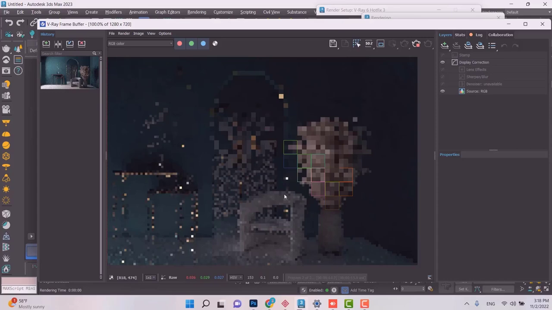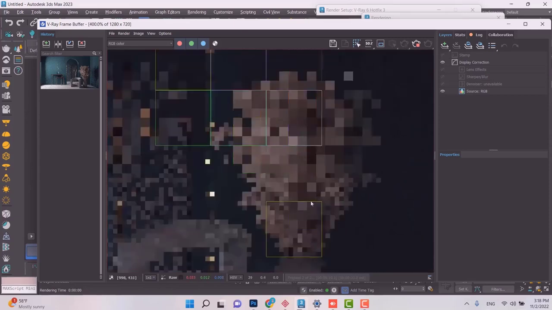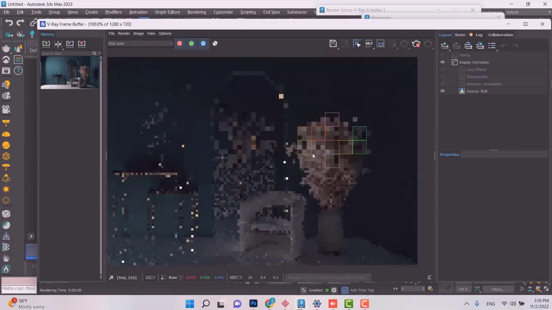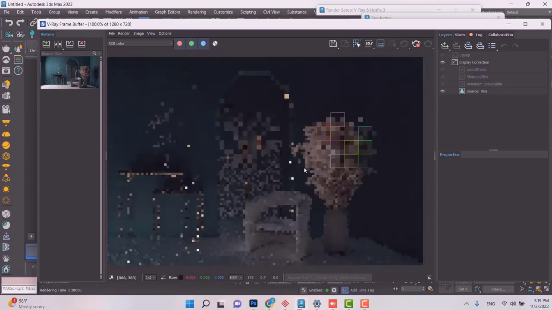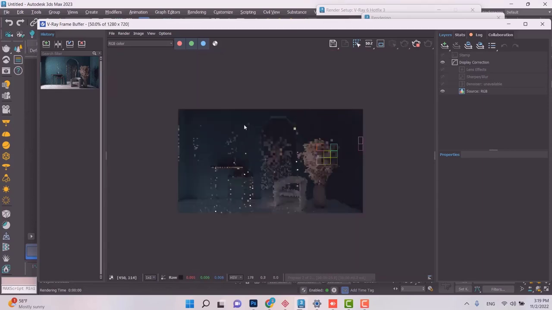Okay, so it hasn't happened yet. I'm going to pay attention to when it starts to happen, and we're going to see it together. And based on the amount of CPU cores that you have and the operating system that you are working with, the speed of these buckets moving could be different. So I'm going to tell you about that later on as well. Let's just wait for one of these buckets to start showing us a piece of our final render.